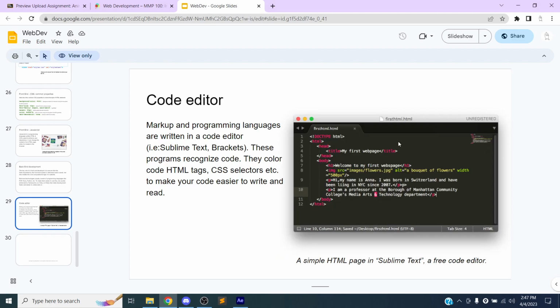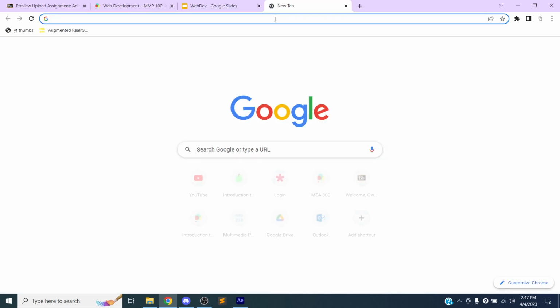So this is a text editor called Sublime Text, which is a great text editor. I actually use it pretty much every day of my life to write code. But to keep things simple, we're going to use a different editor in this class called Replit, and this is a web-based editor. So if I go to a new tab and I go to the website Replit,